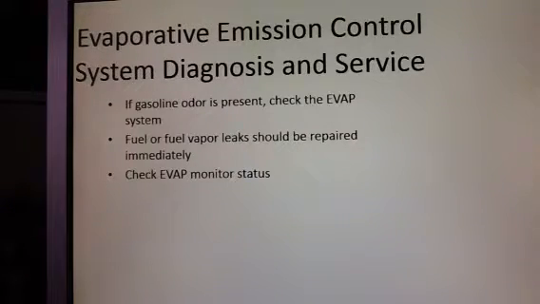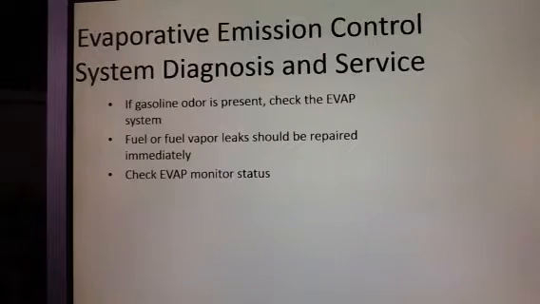With that, a lot of times we think we have a problem. We can check the EVAP monitor status. We will most likely find, if we are smelling gasoline or just some sort of fuel vapor present, that possibly that EVAP monitor has not been completed, or it will simply say incomplete. When we go into that now, we can find out why it is incomplete,